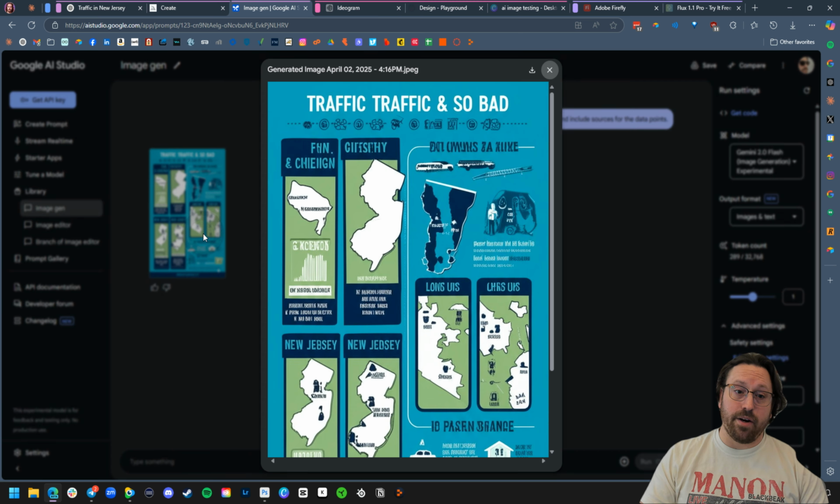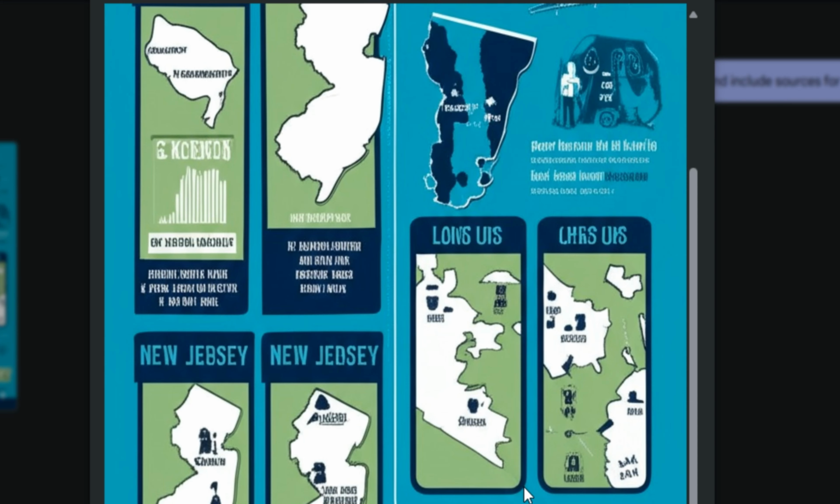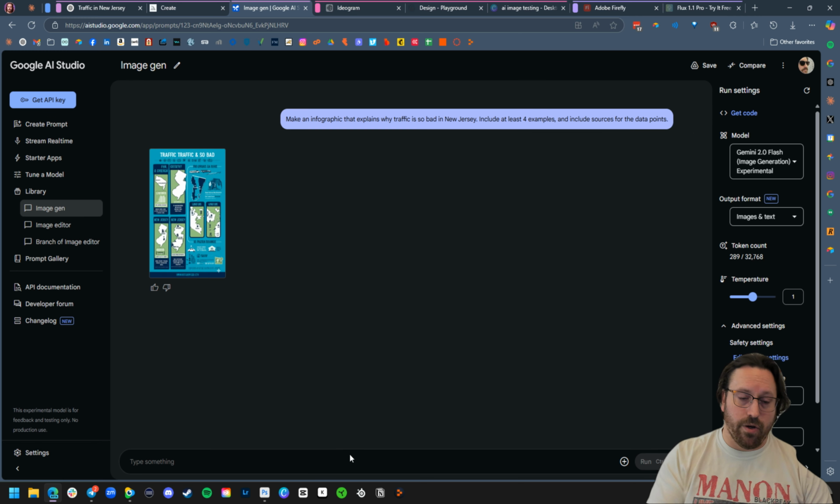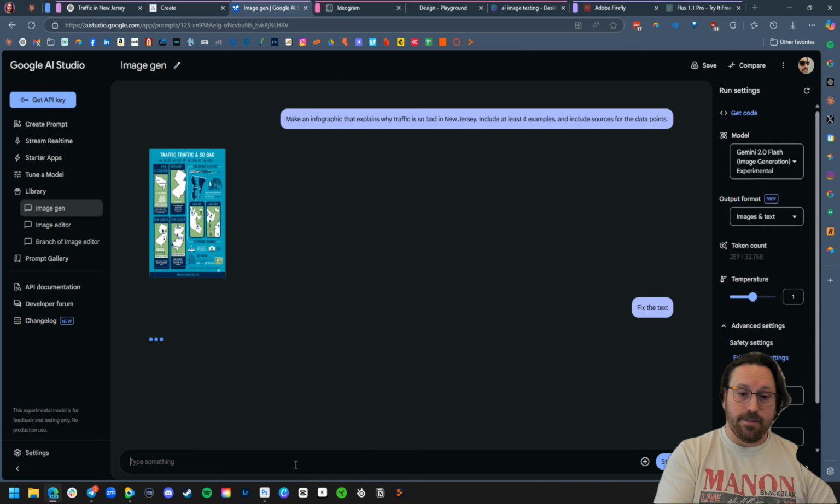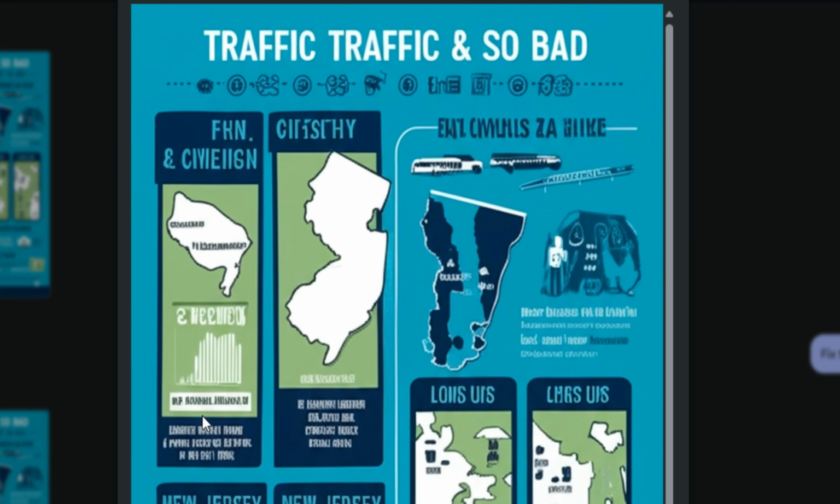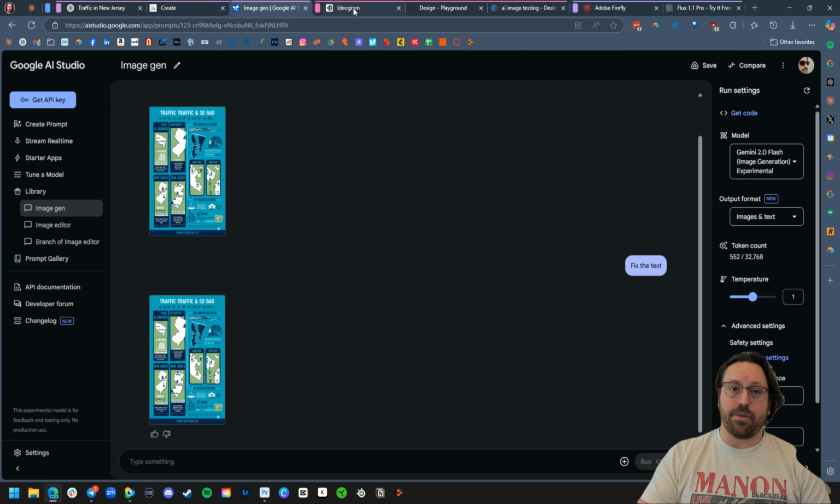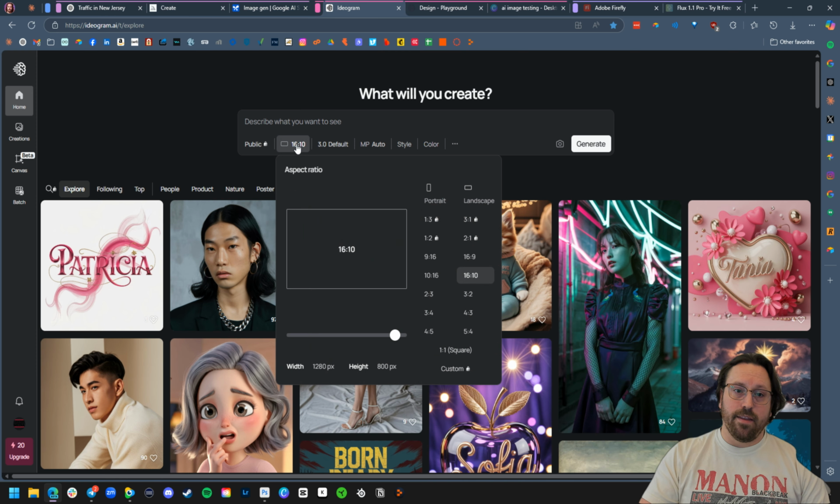So that was very quick. And it is trash. It looks awful. You can't use this. It's got like 5 different versions of shapes of New Jersey. It's garbage. I can maybe follow up and say, fix the text. And it's trying again, and it did not fix the text. It's garbage. Let's try Ideogram.ai, which is another one that is reasonable in terms of some of the quality we